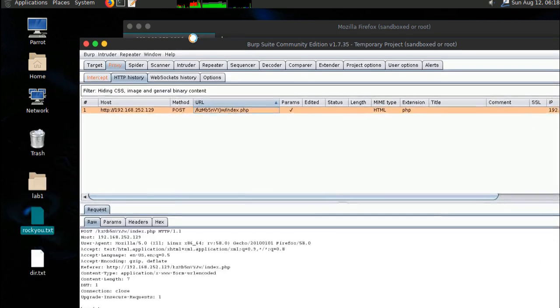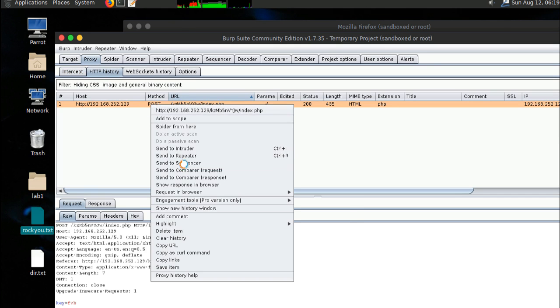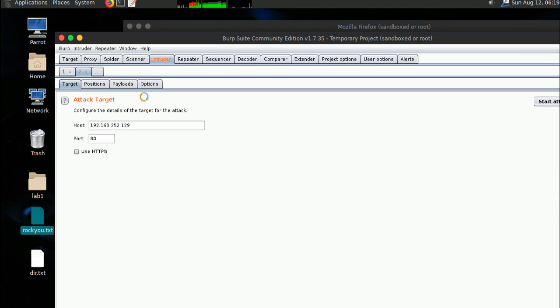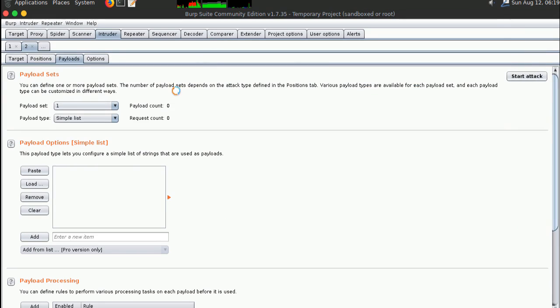Here we have that. So, okay, that's fine. Let's forward it to Intruder. Just for the proof of concept of how you brute force, I'm going to add some passwords here. This is correct. Payloads. I'm going to add some passwords here, which will be school,